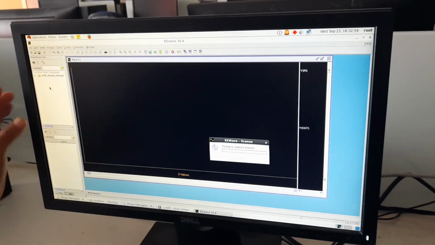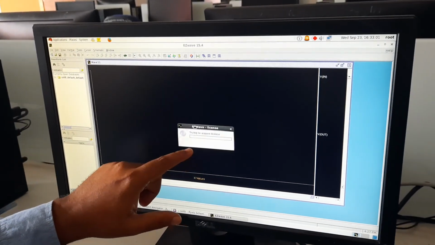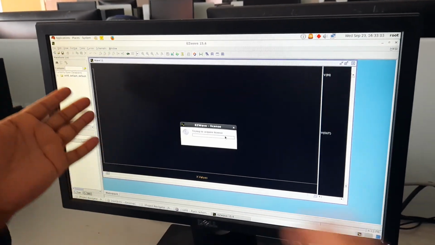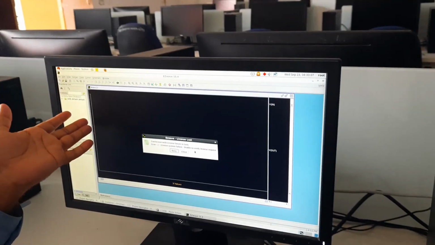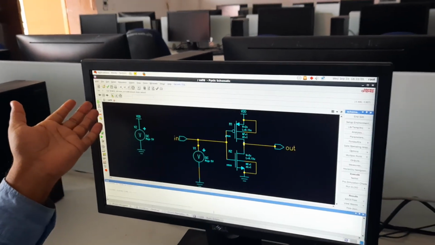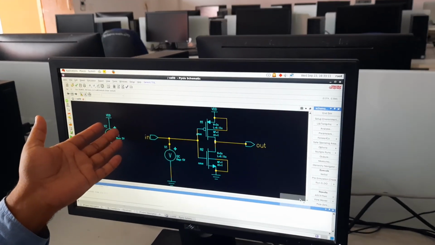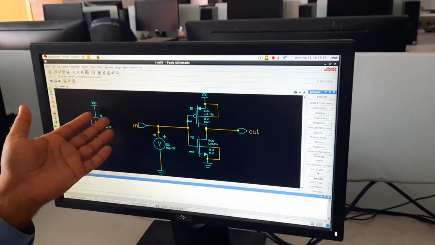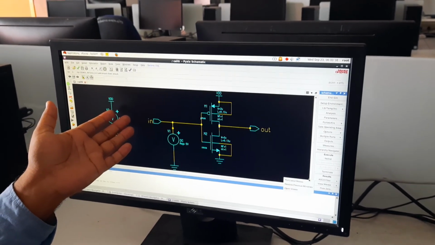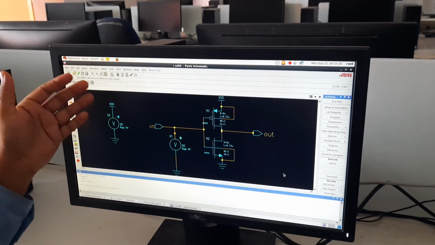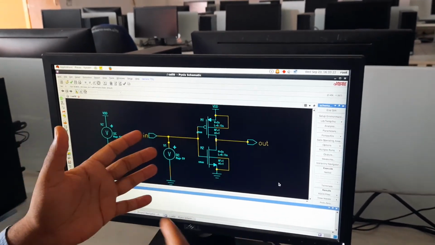Okay, so this actually, the simulation means the client is connected to the server. Again there is some time required. So we wait for some time, and after that you see your waveforms are visible in the EZ waves.